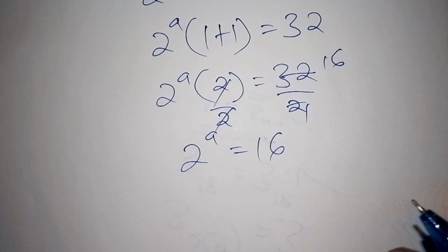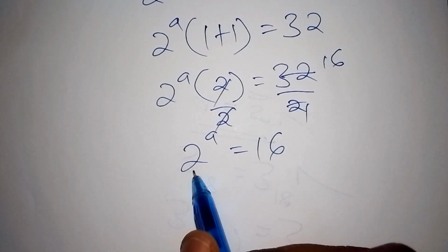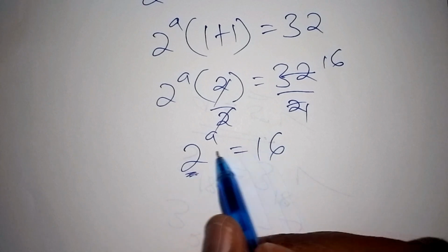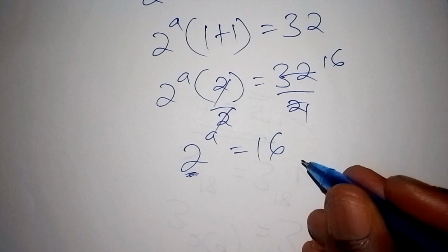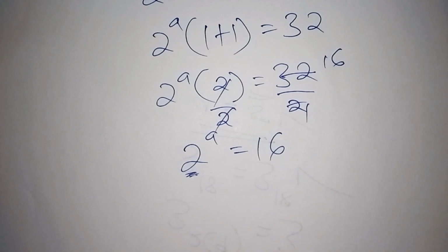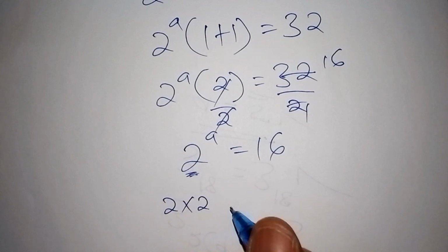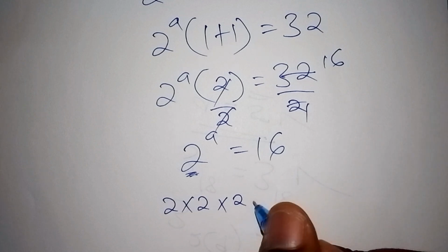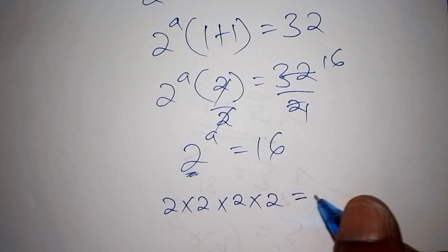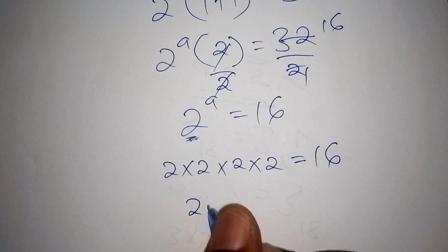In this case we choose to change 16 to base 2. 2 is the base, a is the index, and 16 is a whole number. So 2 to which power is equivalent to 16? Suppose we have 2 multiplied by 2, we end up with 4. Then 4 multiplied by 2 gives 8. Then 8 multiplied by 2 gives 16. So how many 2s do we have? 1, 2, 3, 4. In short, 2 to the power of 4 is